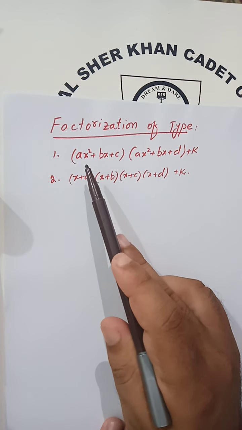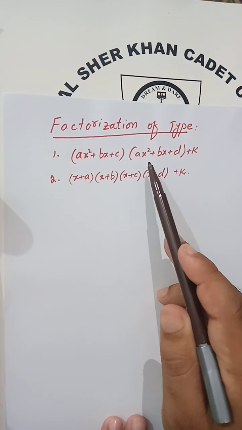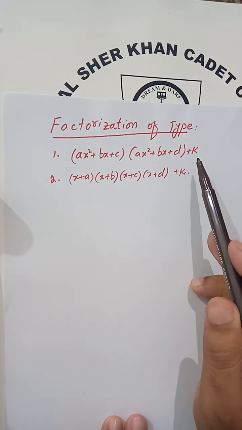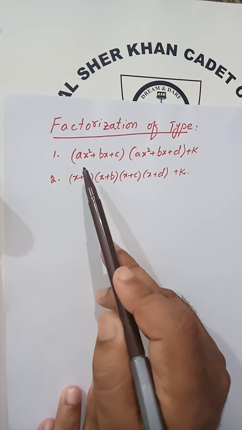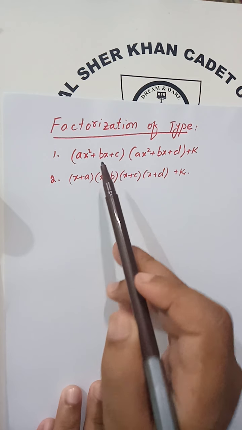In this video lecture, we will discuss the factorization of type. The first type is (ax² + bx + c)(ax² + bx + d) + constant. So in this type 1, which is actually type 4 in your book, you see that